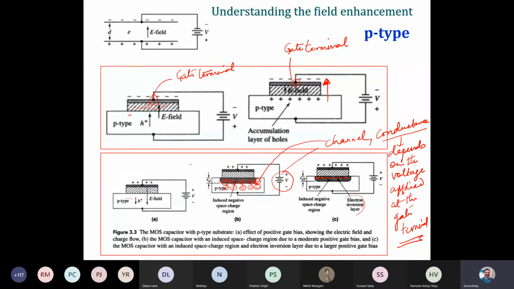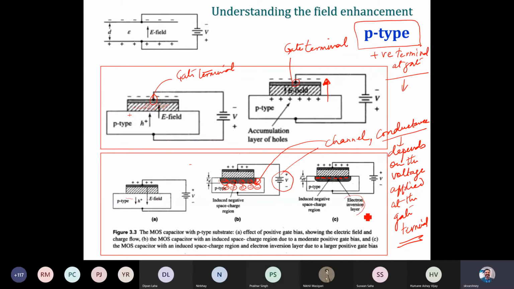What you see here is that I have taken a p-type substrate in this device, and if we connect the positive terminal of the power supply to the gate terminal, we create an induced negative charge.